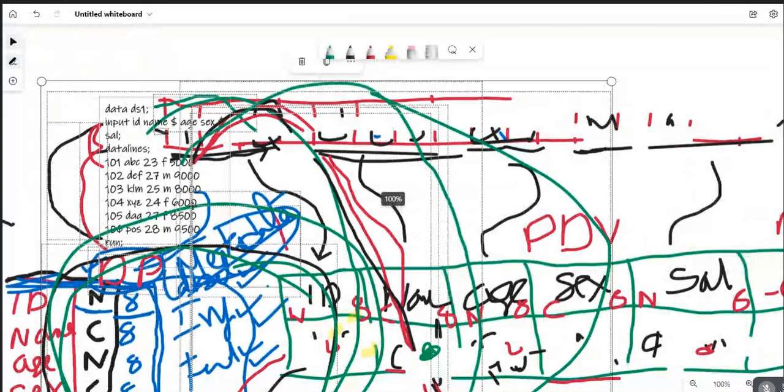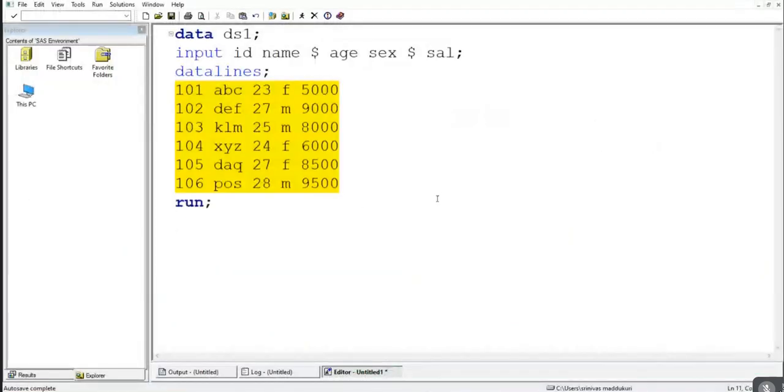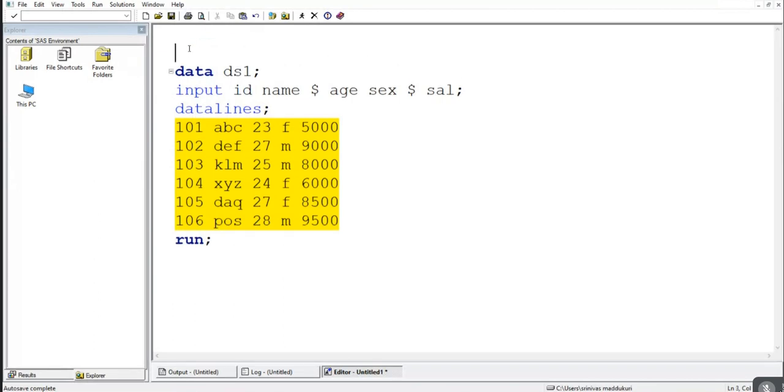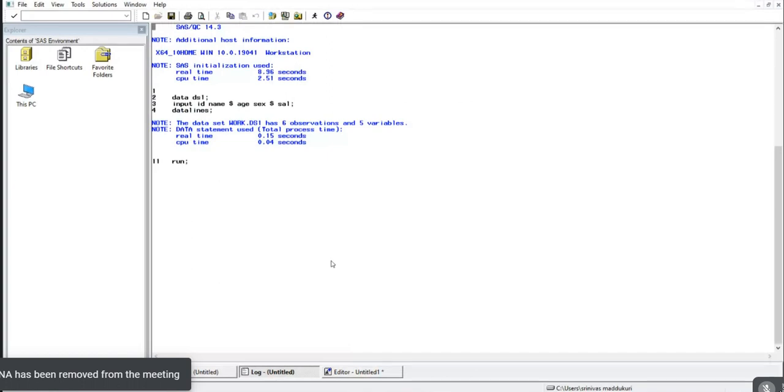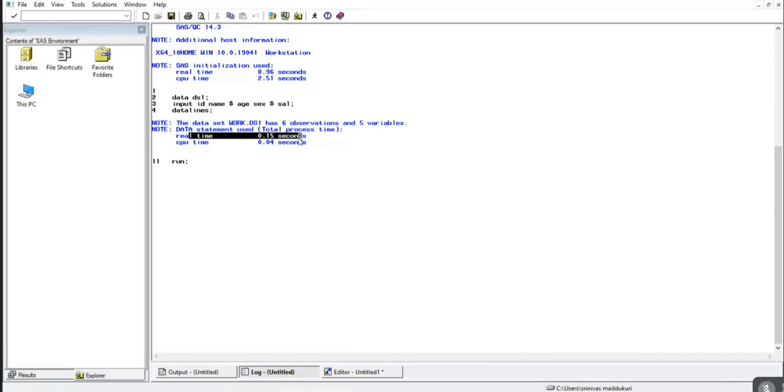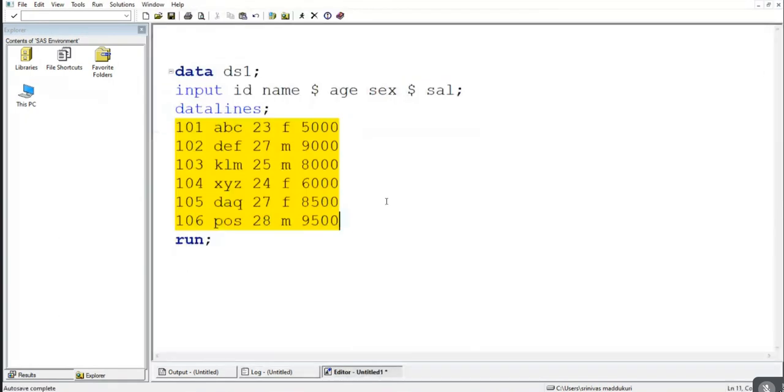So this is what we have seen in the last one. This is the program that I have written. Now tell me, do we have any mistakes in this program? Any errors in this program? No. If we do not have any error in the log window, we cannot find those automatic variables. It will tell you only how much real time it used or how much CPU time it has been utilized. But if you have any error in our program,